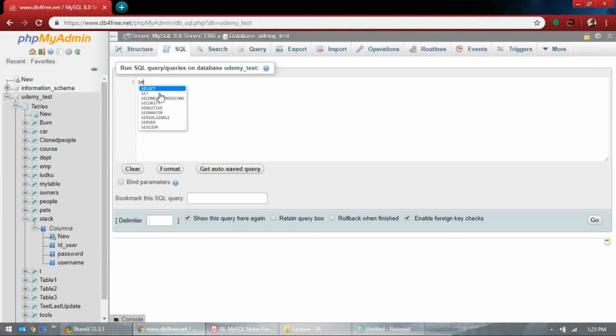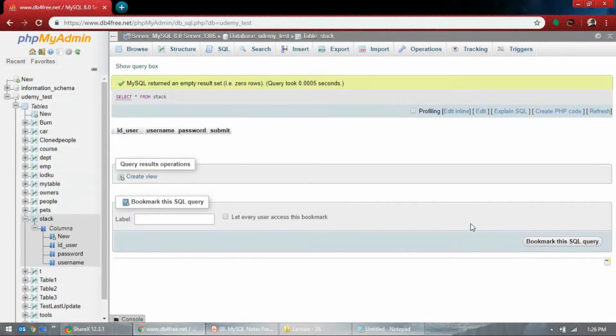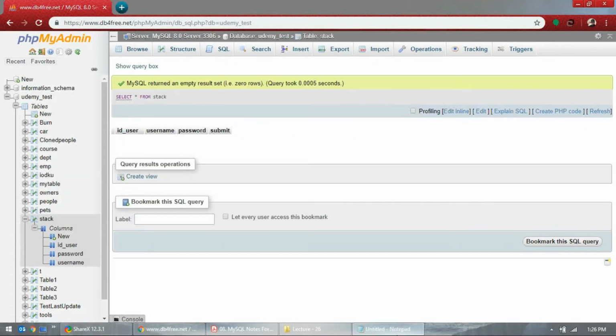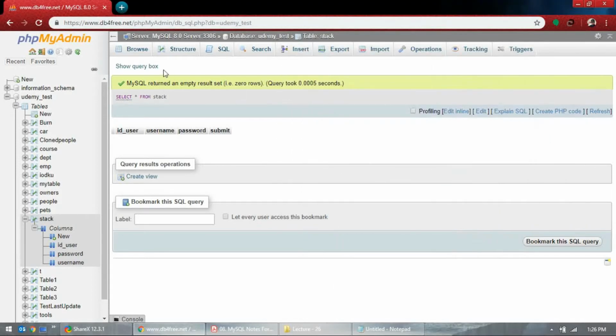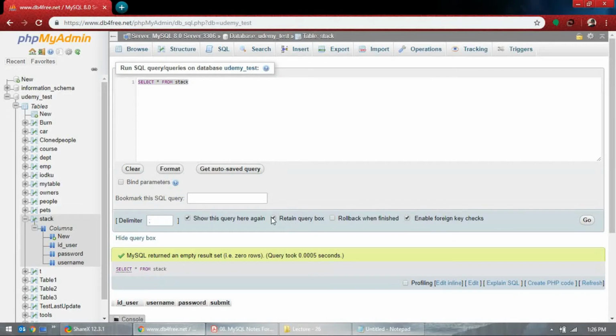Okay, let's find out. So let's start from stack. Yeah, there's already a column called submit, but we cannot see it here. So we'll drop it. It was created actually when we ran that query, so there's a problem.